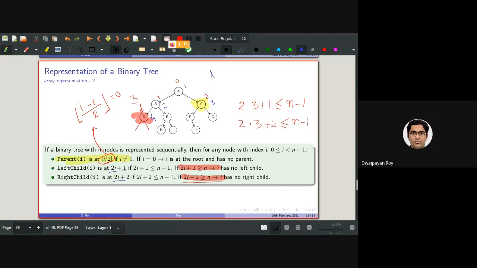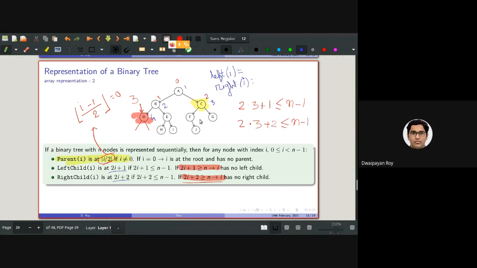If, instead of starting from 0, I start from 1, where will the left child of I and the right child of I get stored? It's easy.